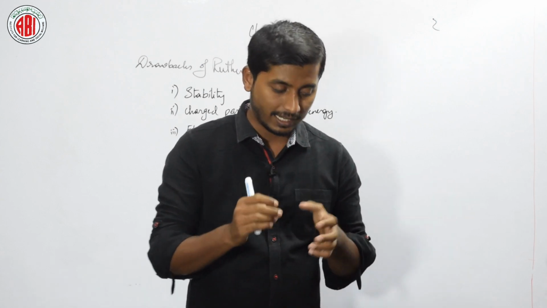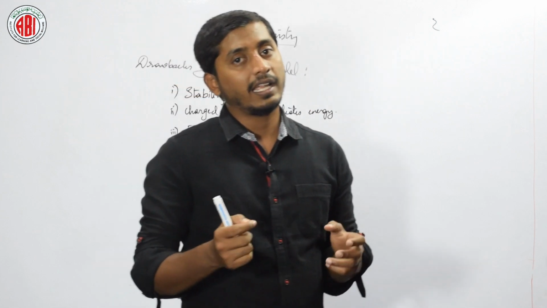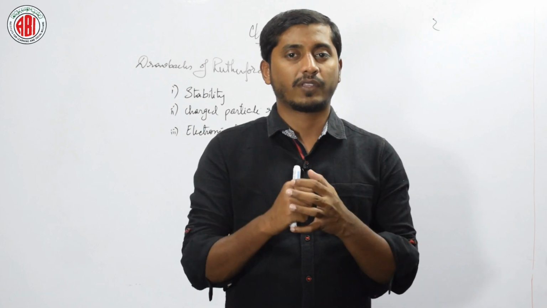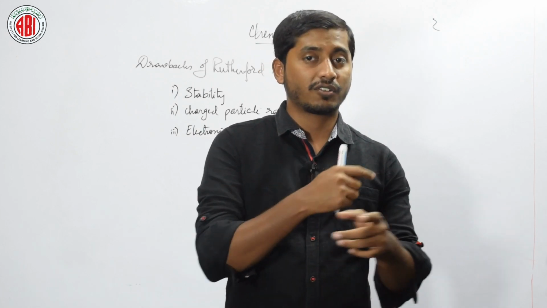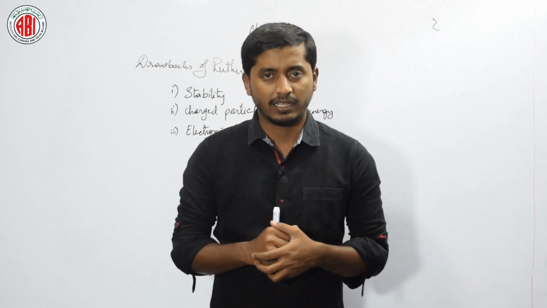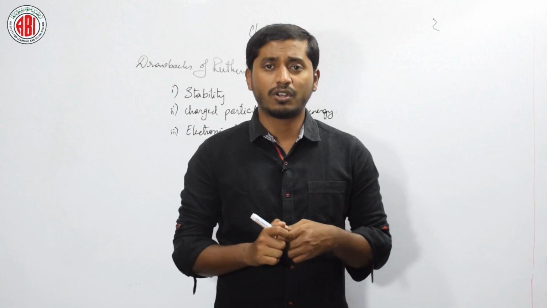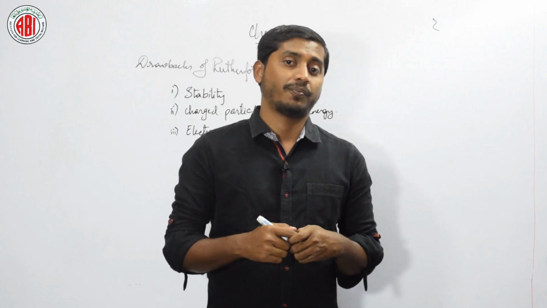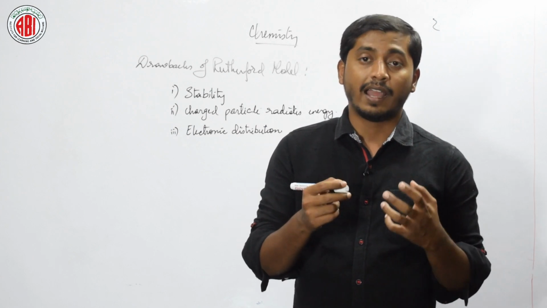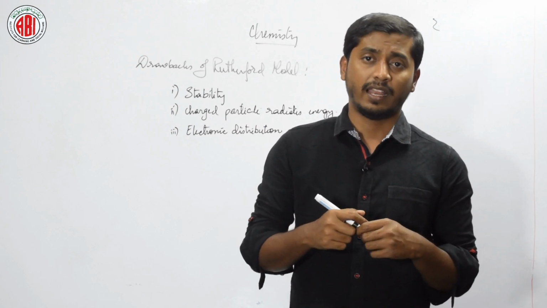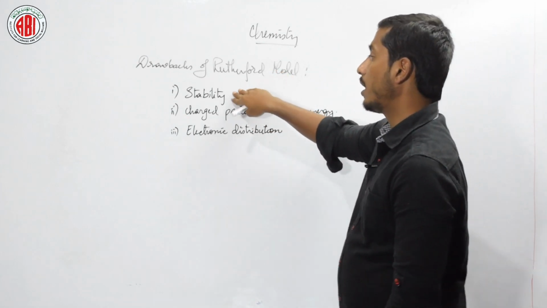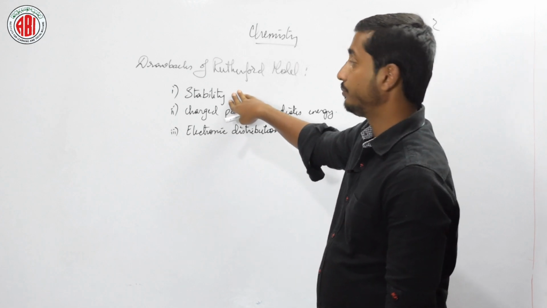Is it clear? Once again, let me tell you. We know that for any electron or any object to be in circular motion, there should be some energy or some force making the electron revolve around. Is it true in case of the electron? No, he could not explain the energy state of that. Because of that, the atom loses its stability. That is what we can tell in the drawbacks: Rutherford could not explain the stability of an atom,